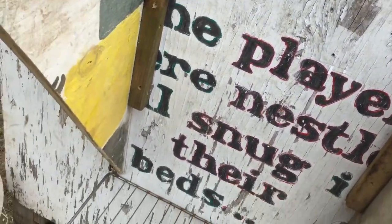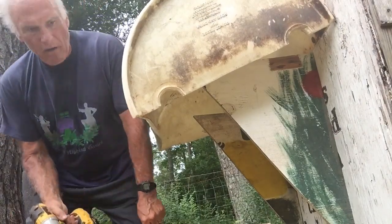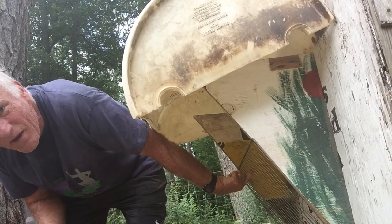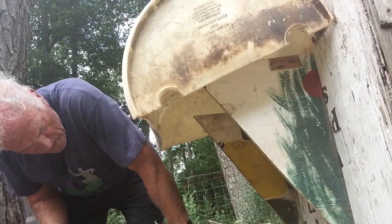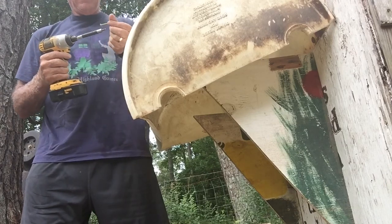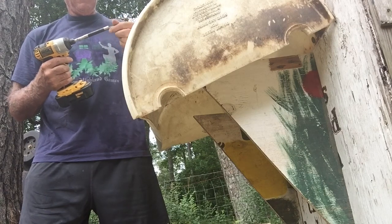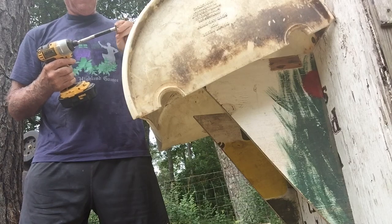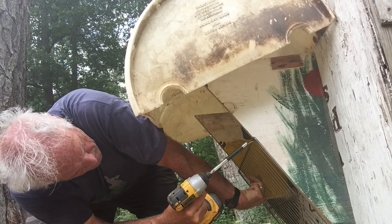And I'm going to put the lid back on. All right, got the lid back on, and now that's right there. I'm not sure that I need to make this portable, so I'm going to put it up there temporarily with a couple of screws and throw some hay in there and see if indeed it's going to work before I go to any more trouble. I think it would be nice to be able to undo this, but just with a couple of temporary screws here,